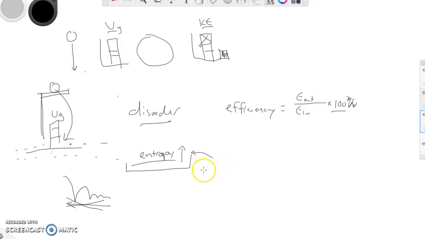And I like to talk about it just briefly because this is really what's governing all these systems that we're talking about. This is why this goes to that. This is the reason behind it, the driving force for all these things. And just to wrap things up, this discussion of entropy falls under what's called the second law of thermodynamics. Okay? And the second law is that for a reaction to take place, or for something to happen, for an interaction to happen, the entropy of the universe must increase.